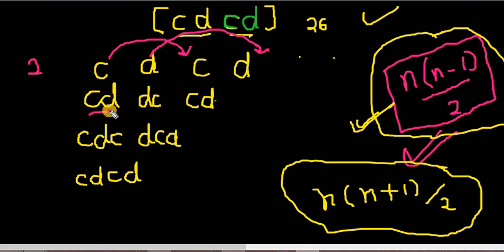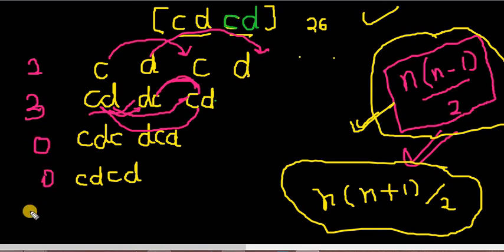For this CD, we can either pair with this particular DC, or we can choose to pair with CD as well. So this is the same thing. So I can add another 2 pairs. CDC and DCD won't make a pair. However, I missed this pair, so I can pair this one with this one, and there would be a remaining pair, this one. This will be 3, this will be 0 and 0. So the number of pairs will be 5.